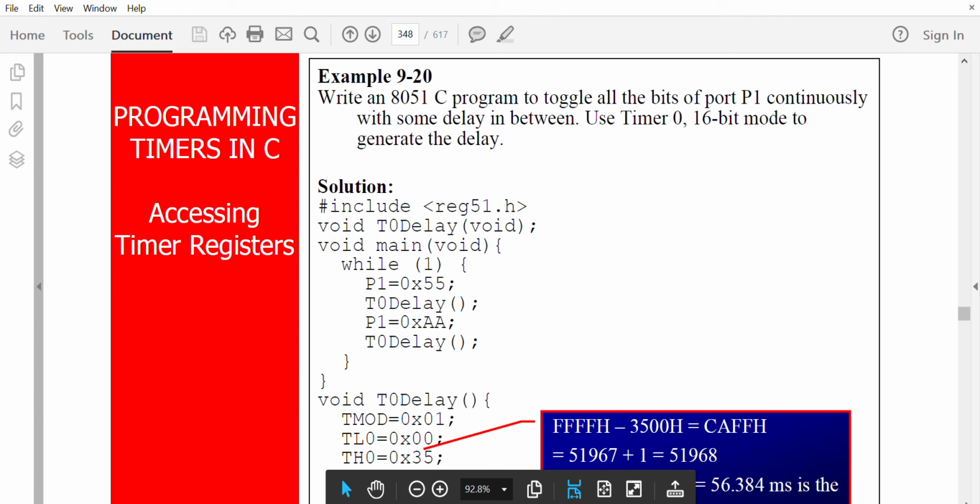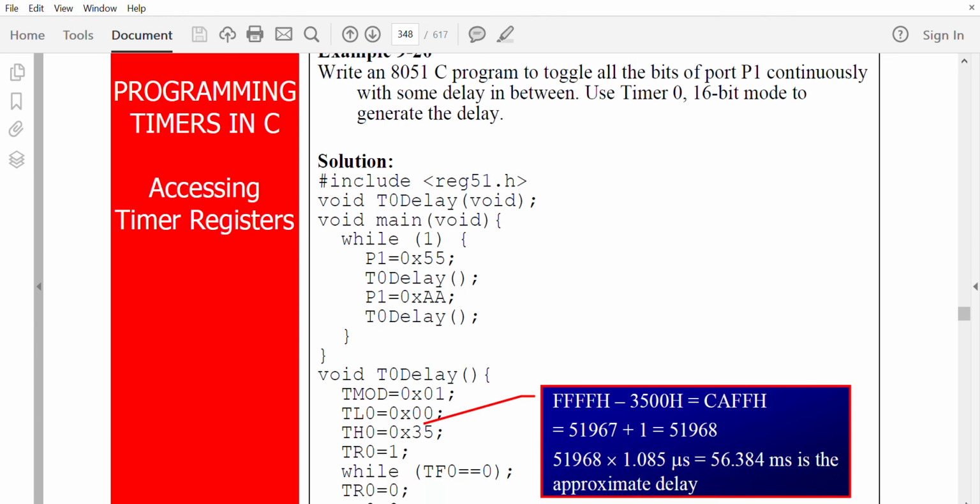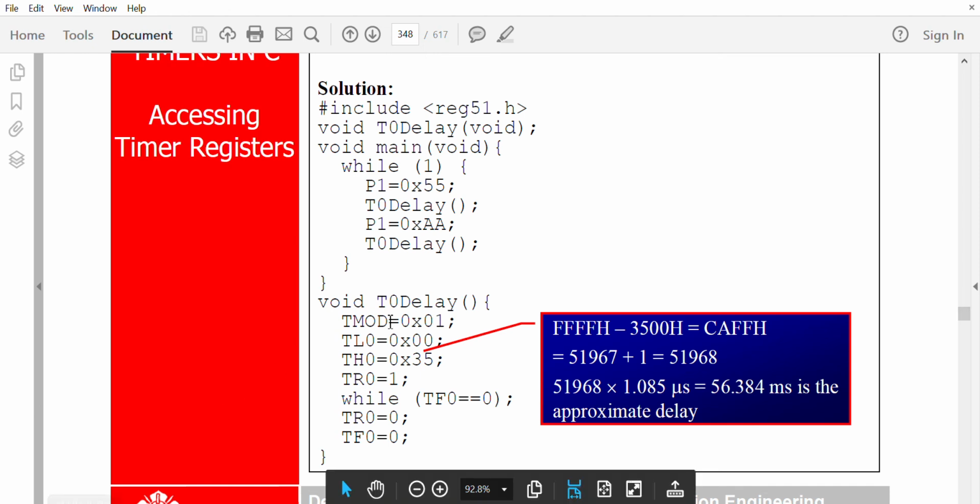16-bit mode. 16-bit mode is what? 16-bit mode is mode 1. So timer 0 mode 1 means 01H. So T mode will be given 01H. TL0 will be loaded with 00 and TH0 is given the value 35.